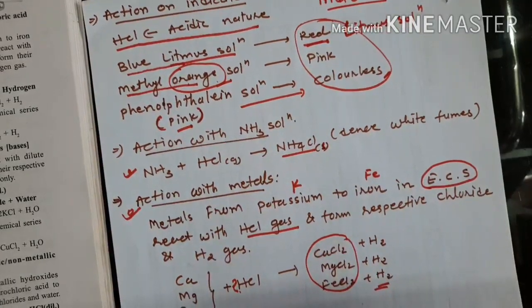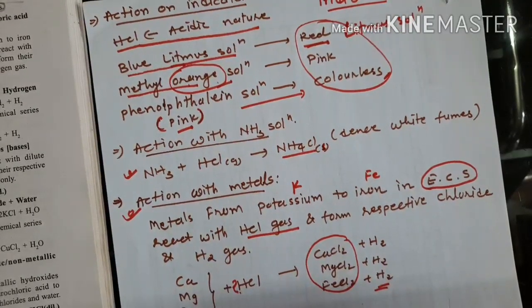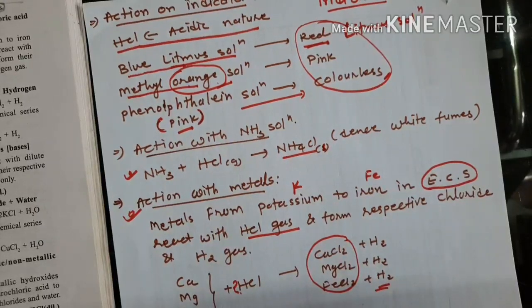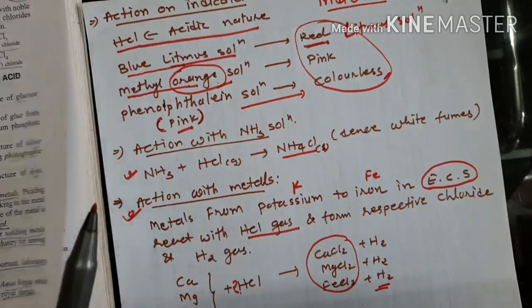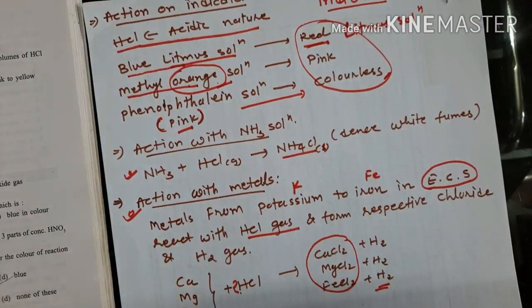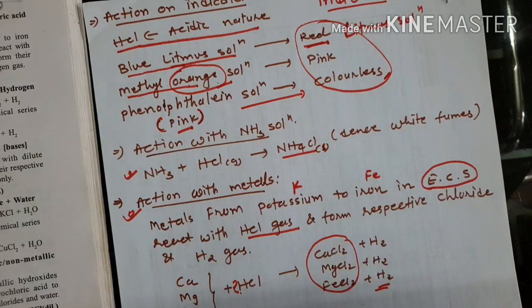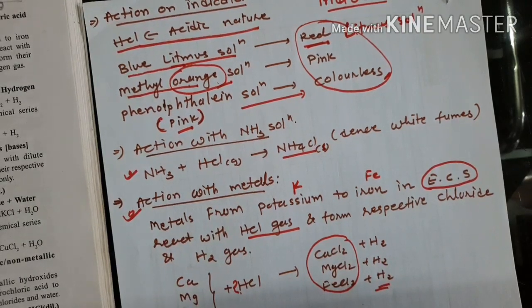I hope you understand till here, students, and afterward we will learn hydrochloric acid. After this point we will learn hydrochloric acid, its preparation, and physical and chemical properties. This is the last chapter before the exam. After this chapter we will take a revision of the previous chapters which will come in your exam.